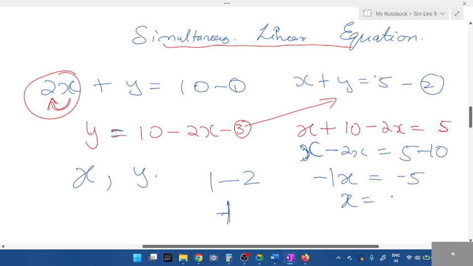Oh, you don't know simultaneous linear equations? You don't know? You want me to teach that from the basics? If you want to find x, what is there along with x? Minus 1. That minus 1 will get divided. So what's the answer? X is equal to